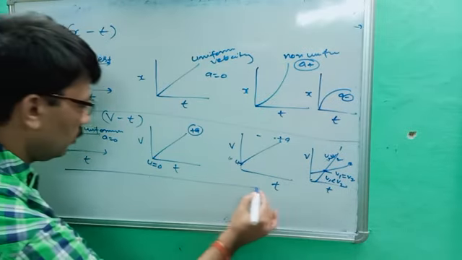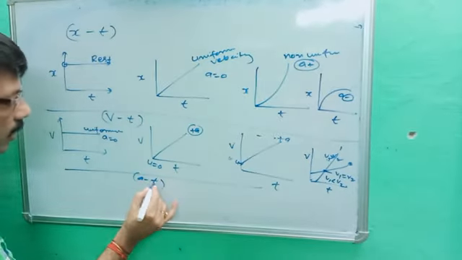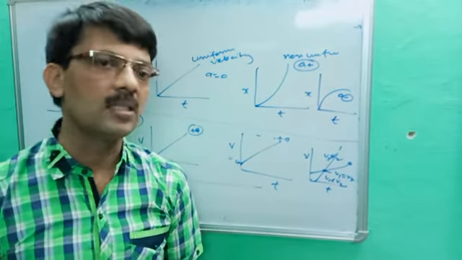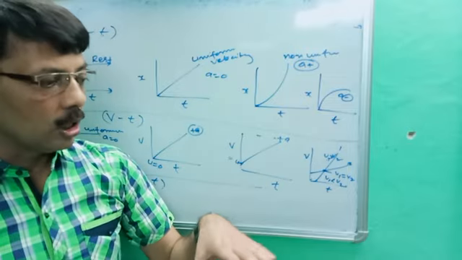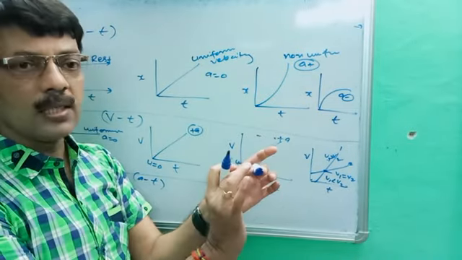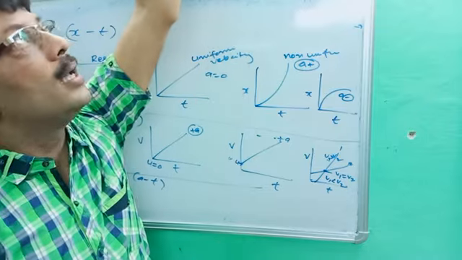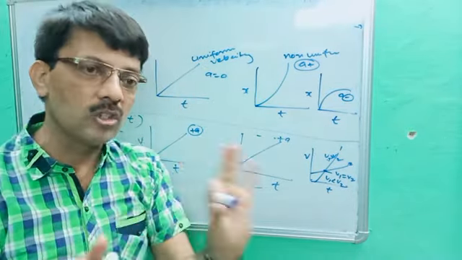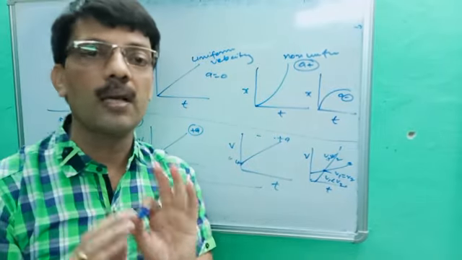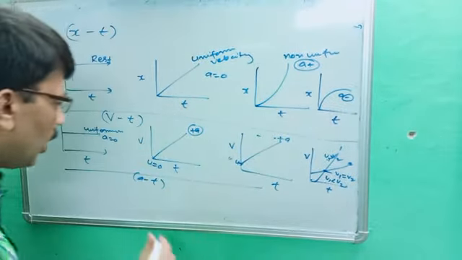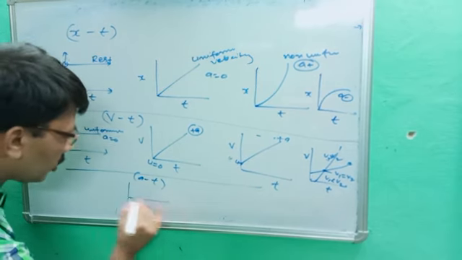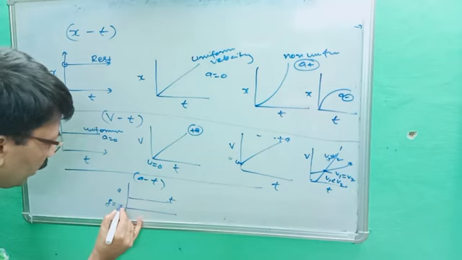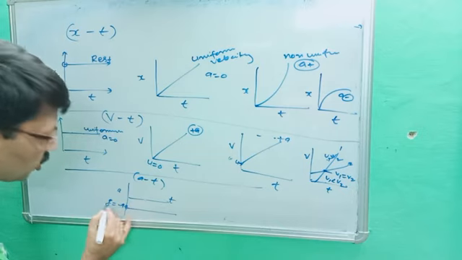Last, the at graph. You had better know it is impossible to trace many things in the at graph, but you had better know that when any body is free falling, this is called gravitational acceleration, which never changes. If any body is thrown up, here acceleration will be 9.8, here 9.8, and again here velocity is 0 but acceleration is 9.8, and again when it comes down, acceleration remains constant. It means with time the gravitational acceleration will not change. That's why for the at graph, this is a, this is t, and you will get a line with g equal to minus 9.8. This is called the at graph.